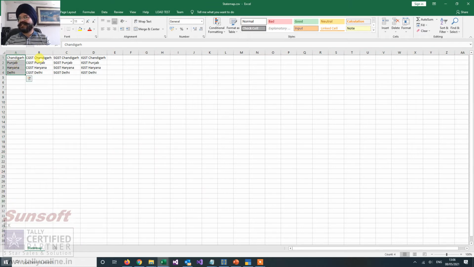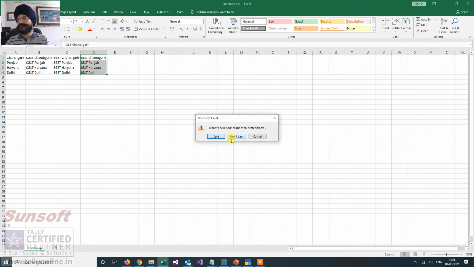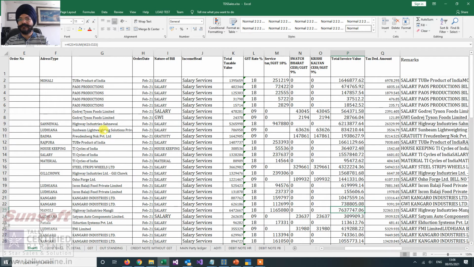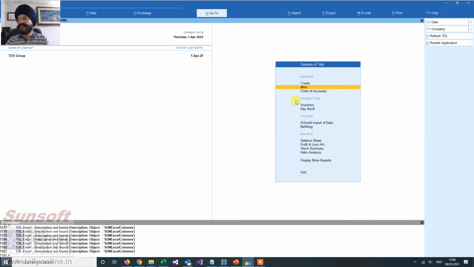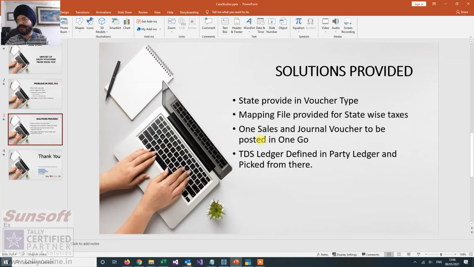First column is state, then which ledger is for CGST, which is for SGST, which is for IGST. So a mapping has been provided. The customer has to just enter it once and the mapping file will work. So it will pick up from the mapping file. So state and mapping file have been solved.